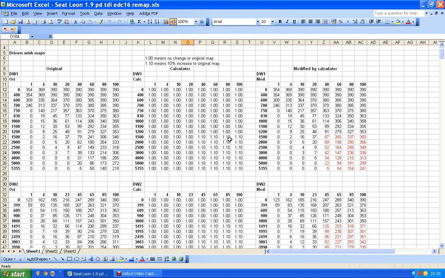If I want to change the figures and move the changes about in the file, obviously I can just change these numbers any way I like, and the numbers will be reflected over here. I'll give you just a couple of stupid examples to show you what I mean. If I was to decide that I wanted 100% increase, which obviously I never would, but if I was to change that to 2, and I look over here, which is currently 354, I press enter, it's now 709. In other words, I've doubled it, and it's been instantly transferred across, and it changes red because it's an increase.